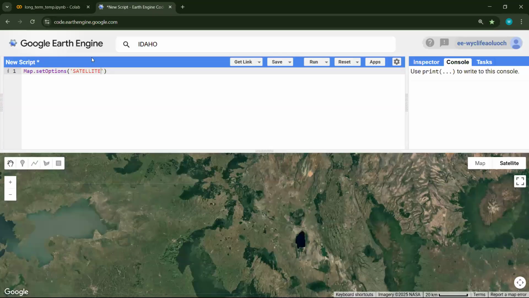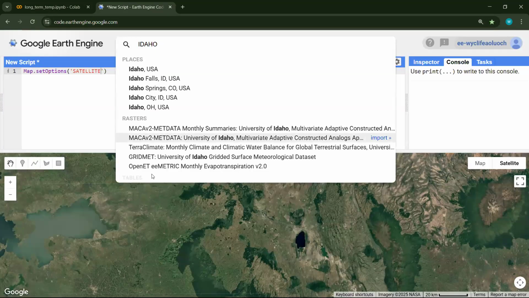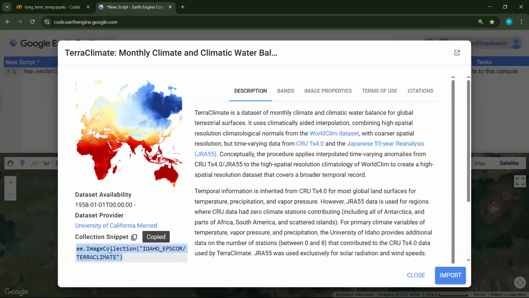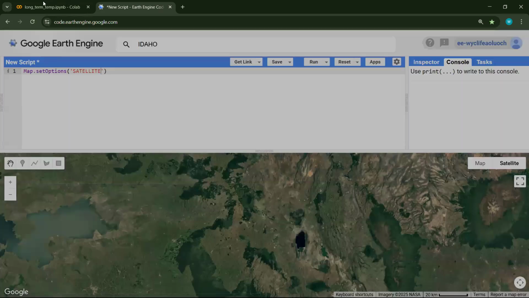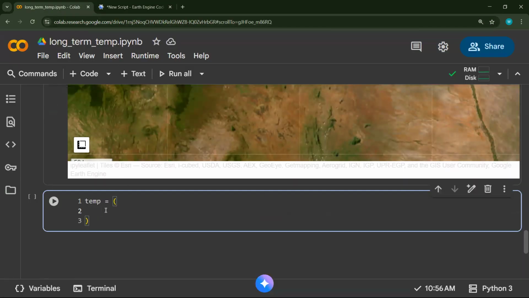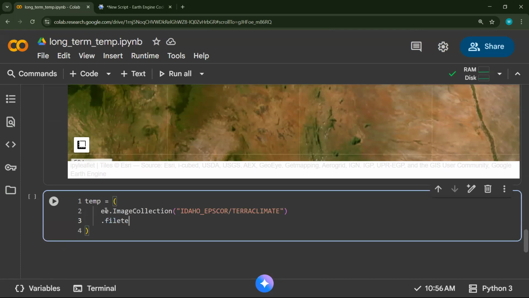We obtain the snippet of the data set itself, which is the collection snippet. It's a unique ID for this data among so many data sets that are available in Google Earth Engine. And we want it all the way from the year 1958, super long time, from the first day